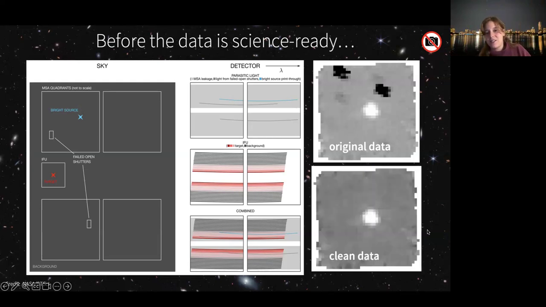And just to illustrate, this is what you want to get out after you understand all the instrumental effects. So after you go from the business of how do I even detect a photon? How do I even detect light at this wavelength? How do I cool the telescope down to get sufficient sensitivity? Even after you have sufficient sensitivity, you need to understand the instruments and how they interact and crosstalk in some way to really get your data science ready and to be able to learn something cool.